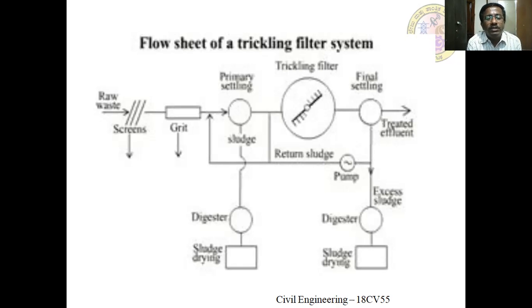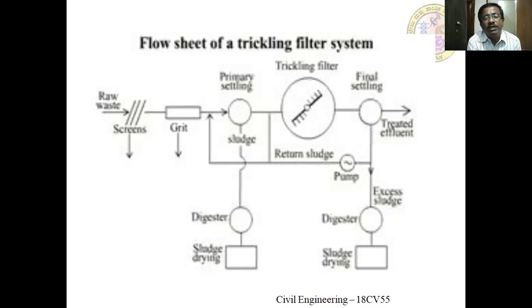Once it passes through the voids, and finally through the drainage system, it reaches the settling tank or secondary clarifier. So once again, in the secondary clarifier, there is a provision for the separation of wastewater from the combination of the microbes and the organic matter, and some amount of the sludge. Some amount of the sludge is returned back to the trickling filter to maintain the required amount of food for the survival of the microbes.